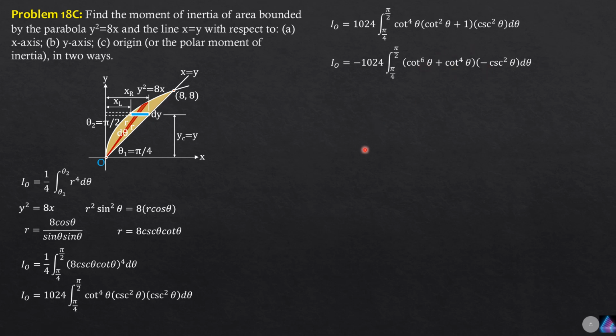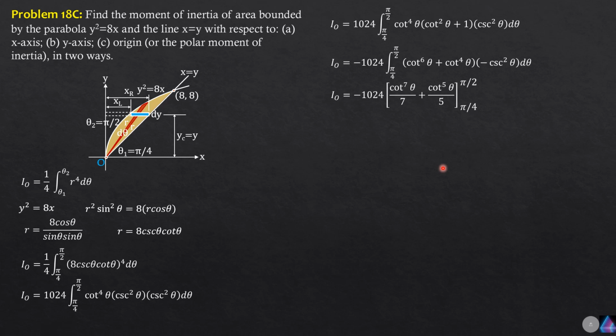So applying the power formula, that's again integral of u to the 6 plus u to the 4th quantity du. So that would be negative 1024 of quantity cotangent to the 7 over 7 plus cotangent to the 5th theta over 5 from pi over 4 to pi over 2. Remember that cotangent of pi over 2 is like cosine of 90 over sine of 90, which is 0, while cotangent of pi over 4 is 1. Or tangent of pi over 4 is 1. Cotangent of pi over 4 is 1.